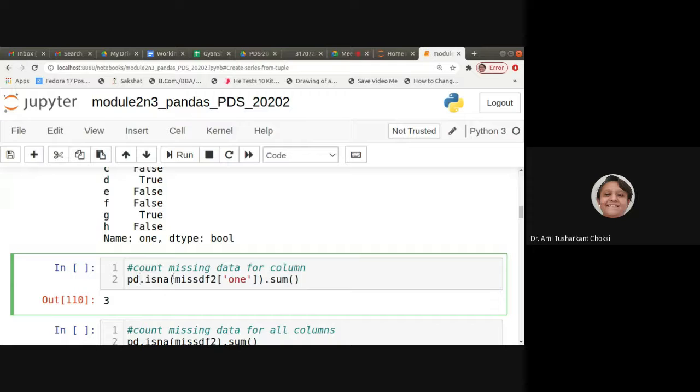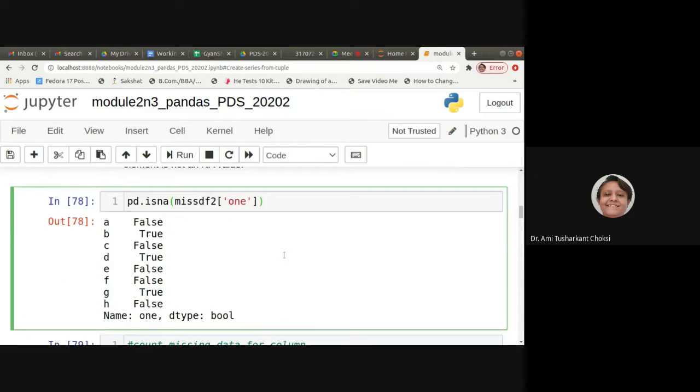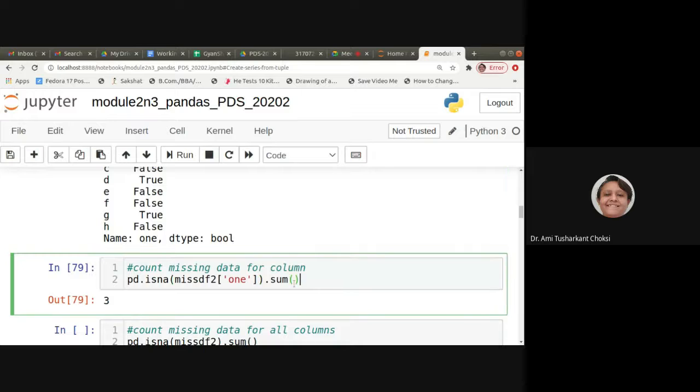Now, if I want to do a summation to get how many missing values are available, I can do it this way. How to find the missing ones, that is the isNA, is already known to us. We just have to do the sum, so it will give us the count.